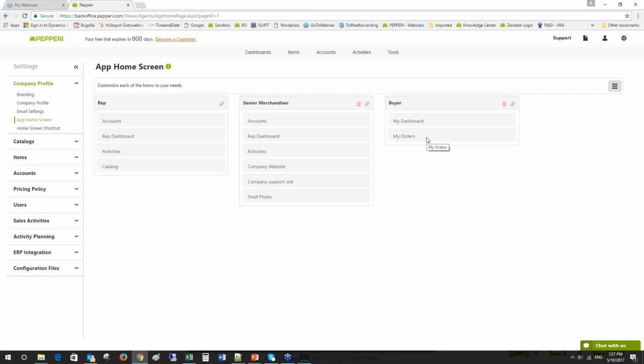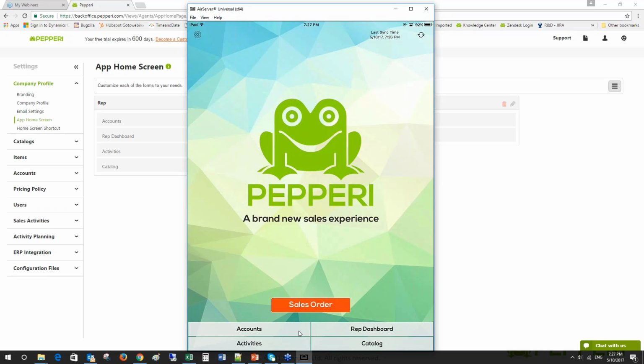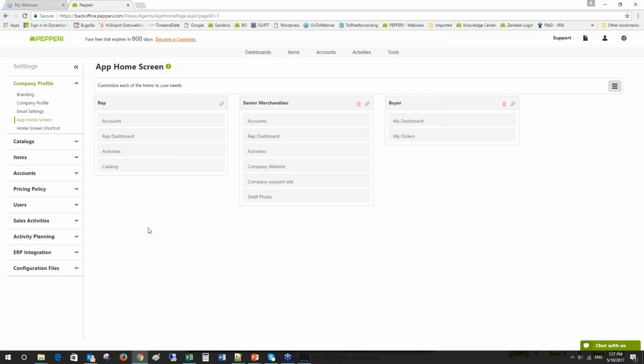The buyer doesn't have access to anything except their own orders and their own history of orders, their own order-taking capability and their own history. So that's the 3 different home screens that I have. Right now I'm in the rep. If I had logged in as a trainer,